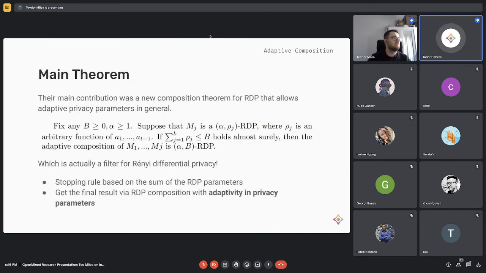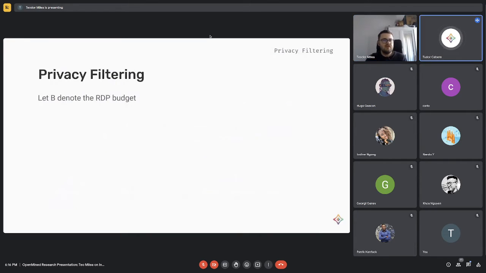Just a question before. So does the filter hold when? What's the stopping condition exactly for the filter? Is it something predefined, or does it have to be something like the sum of rho_j is bigger than the budget? So when we have the results of a computation, and we notice that the sum of our parameters is bigger than the budget we were allowed to use, then we can halt and say, okay, we don't publish the results. We are only allowed to publish the results before that. But I will have a visual example that should clarify this. Okay, thanks.